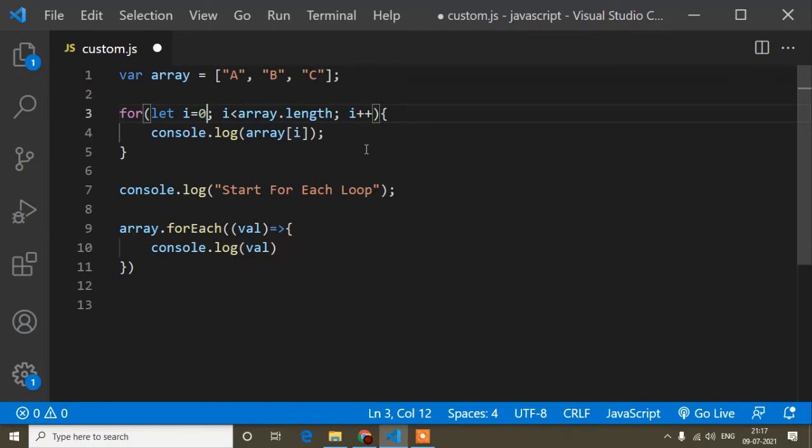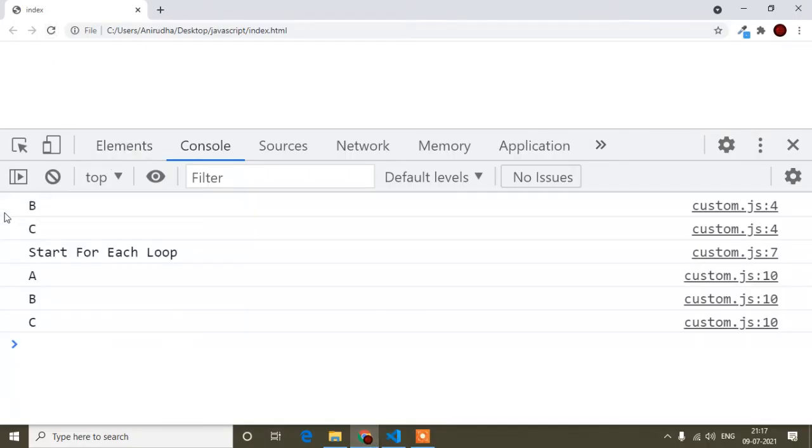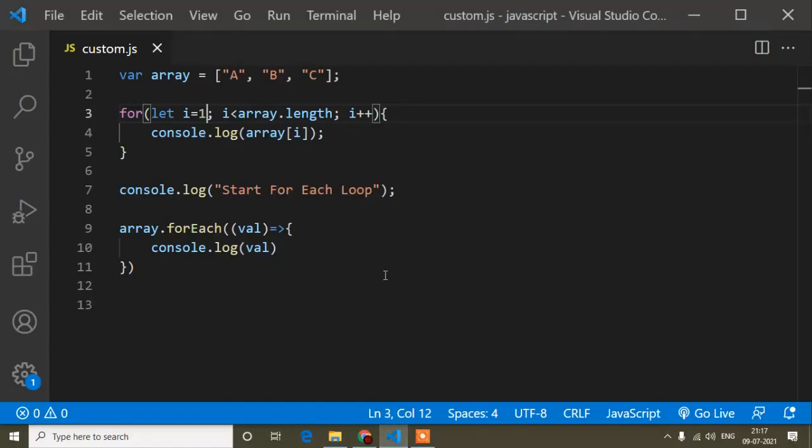If you write i is 1, you will find the difference here. You can see it's starting from B and C, because position starts from 0, and i denotes the position here, so it starts from here, because 0, 1. So it's clear, i is the position in the for loop.